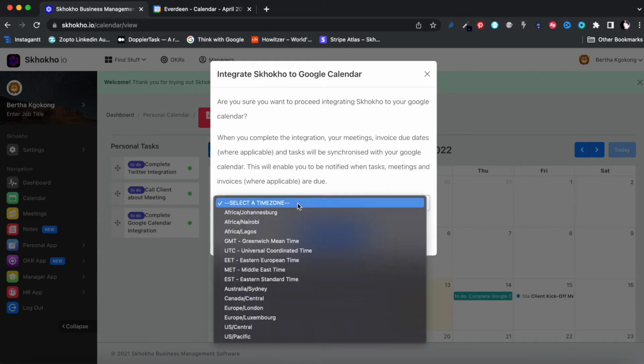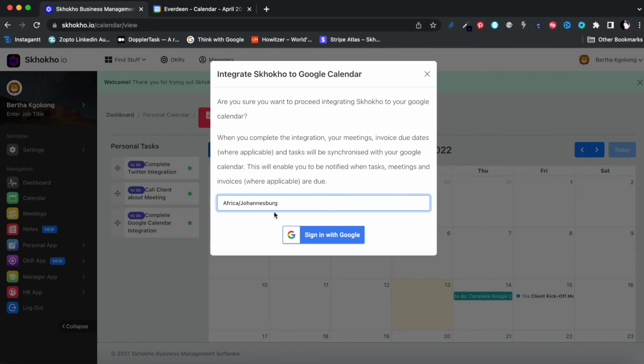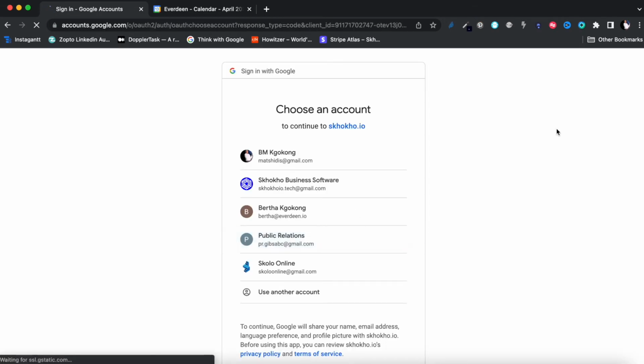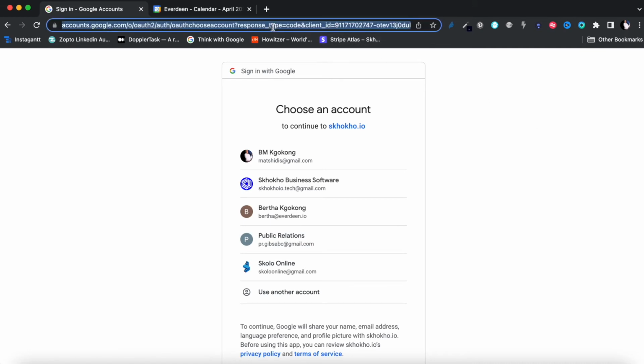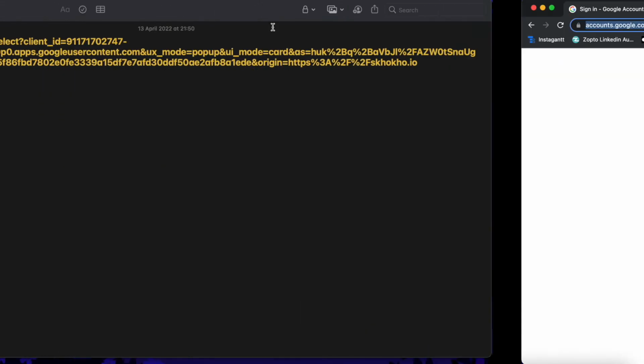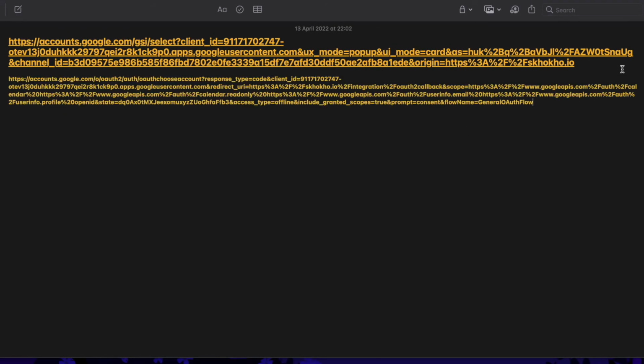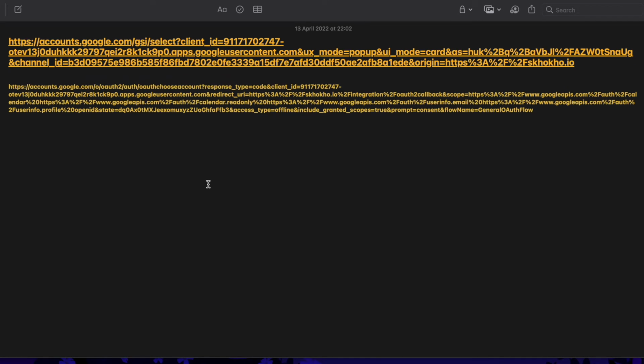But we also need, obviously, for them to specify their time zone, so they tell us where they are located so that we can make sure that we match the dates accordingly. And once they've done that, then they continue with the form, and then it's going to go through the flow. Okay, so at this stage, I'm going to also just make sure I copy this URL over here, like we did the last time, so you can see the URL over there with our client information, the client ID over